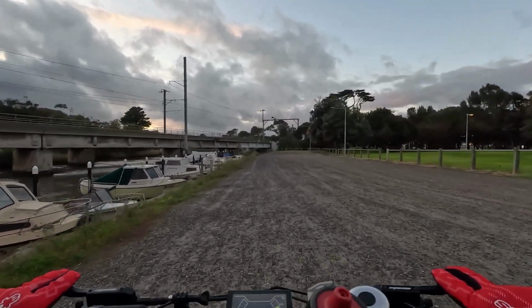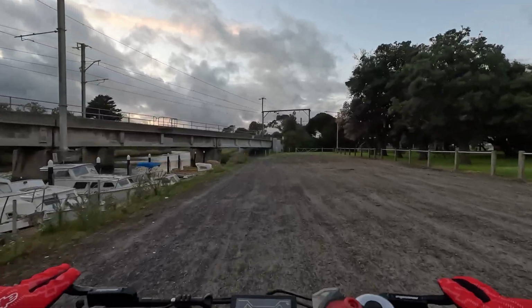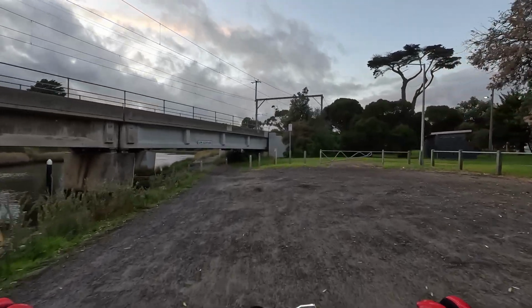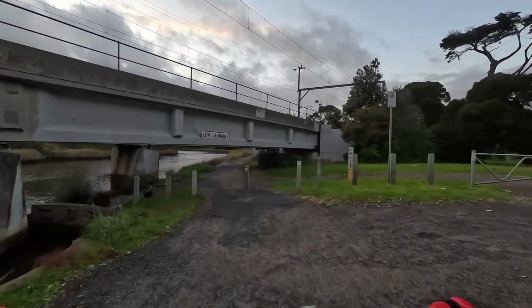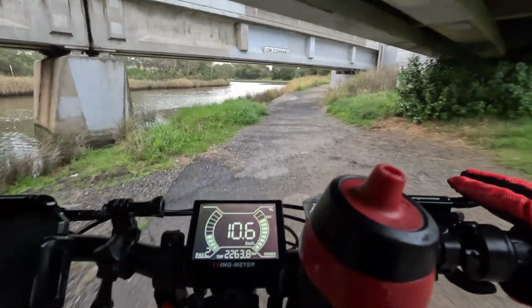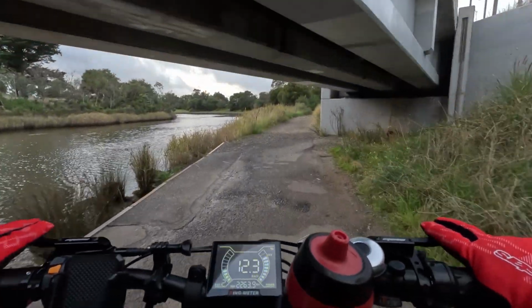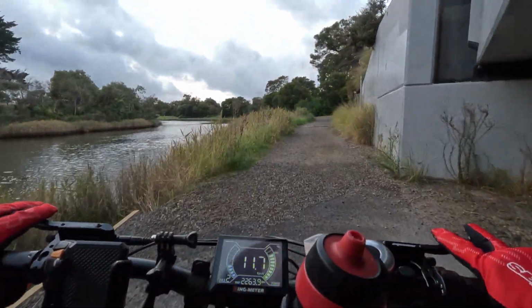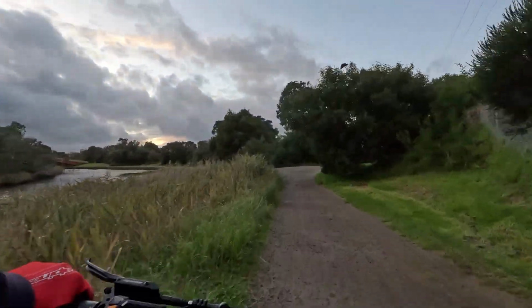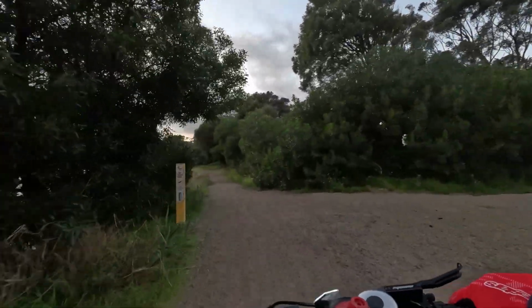All kinds of boats. Only smaller ones can go the other side of the bridge because of the height. You've got to watch it here. If you're riding a bike, it's very low. Even I have to duck my head, and I'm pretty short. I'm ducking now actually. Just rolling through. Okay, along this trail, it follows the Mordialloc Creek for